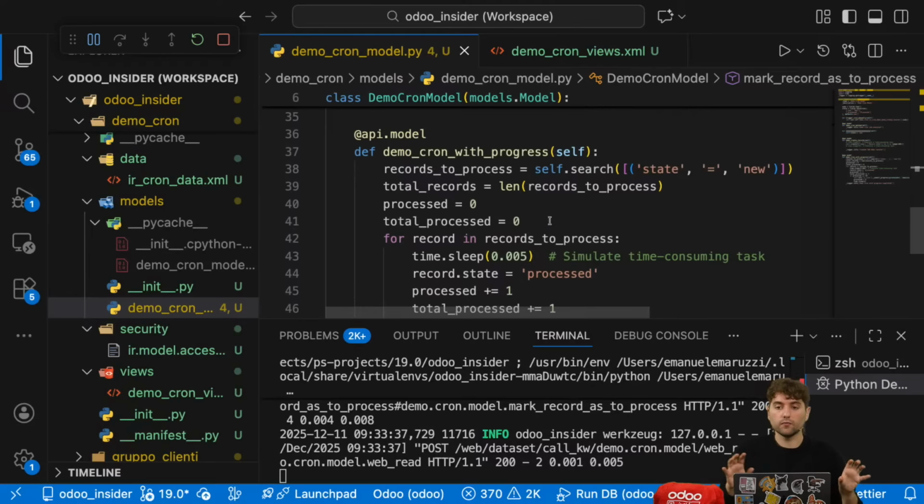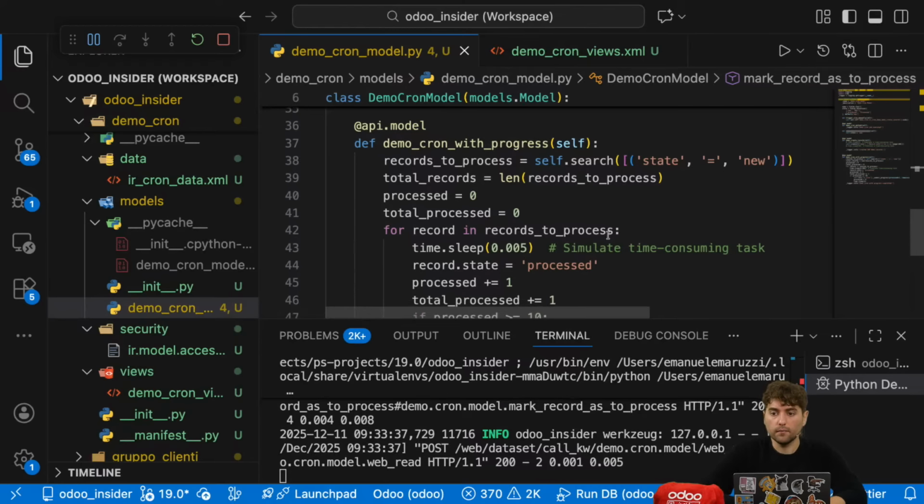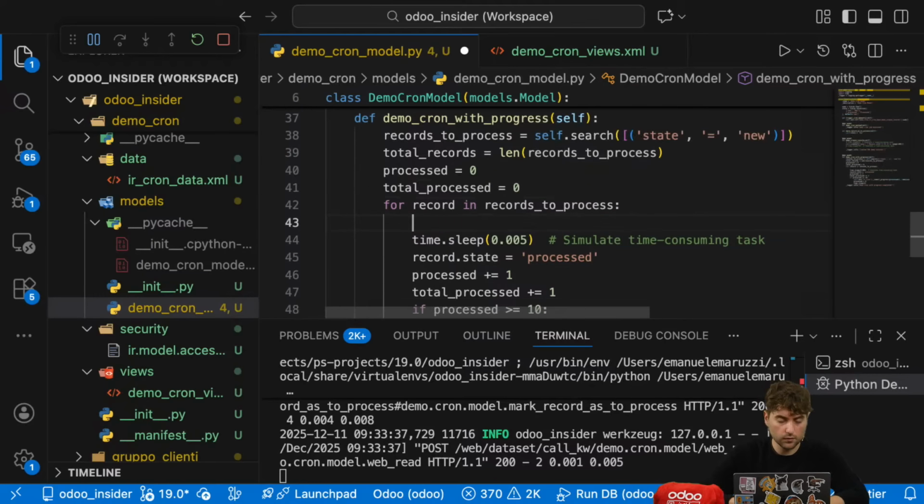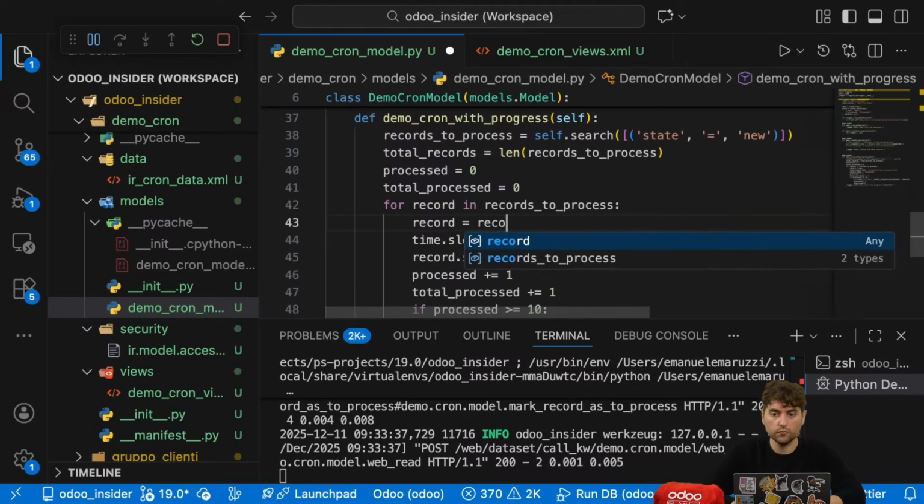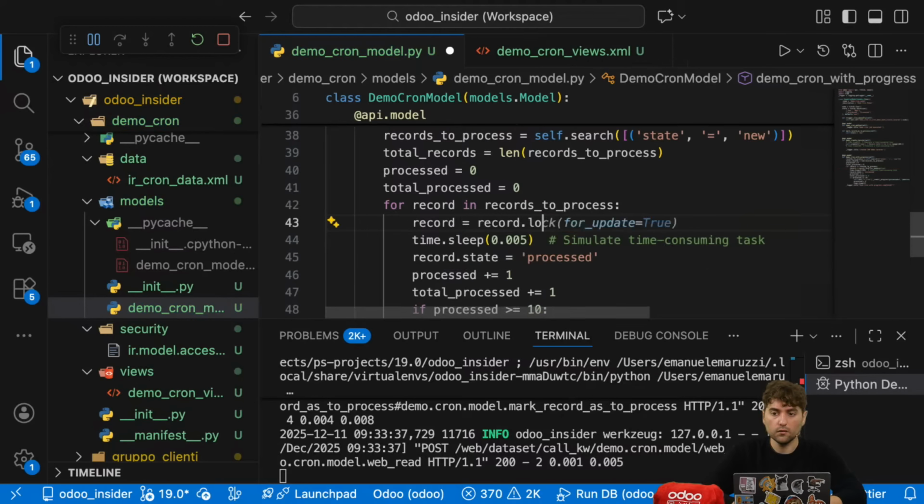I need to identify the records and to process them one by one in batch as I want, but I need to find a way to not reprocess them, even if we are running the same cron multiple times in the span of a second. And how can we do that? Well, a state field is more than enough, but also there's, it's not really a super new feature, but lock